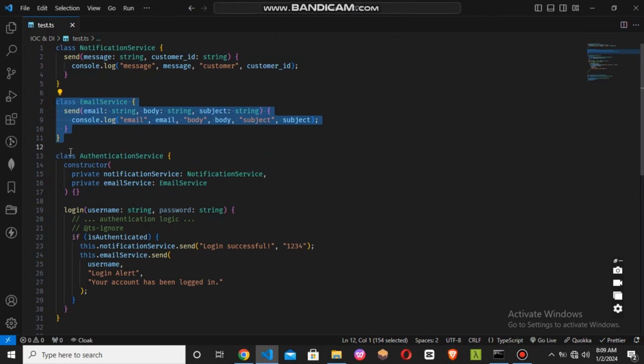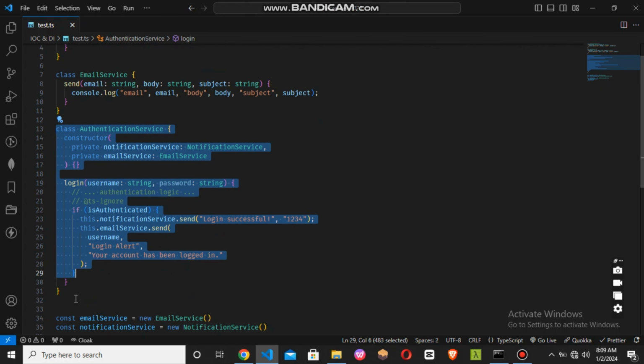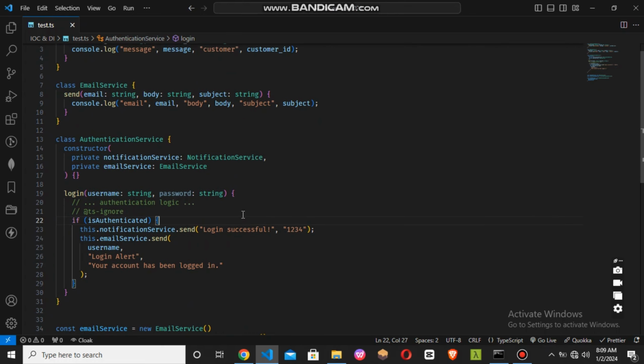Same thing with the email service, it only has one reason to change, and same thing with the authentication service, it only has one reason to change, because at the end of the day, they are all just doing one single thing, right? And by following the interface segregation principle, we are relying on composing multiple interfaces together, which is what we are doing inside of this